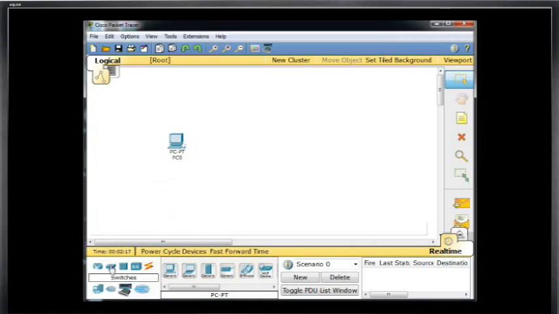Then I'll go to Switches and grab a generic 2960 switch and place it right there. So click, click. Now I've got a PC and a switch. Then I'm going to go back to End Devices and grab this server right here and just drag the server out, right? Then we'll connect these together and run some tests between the client